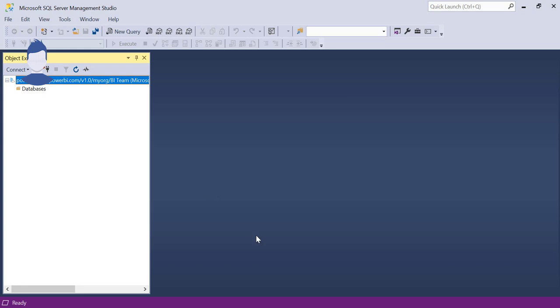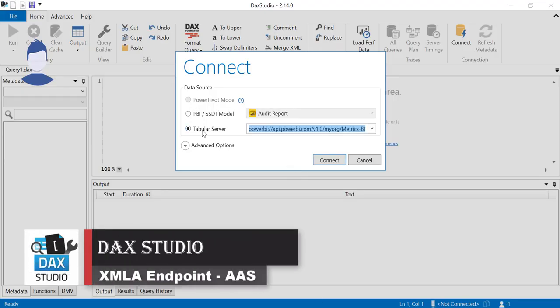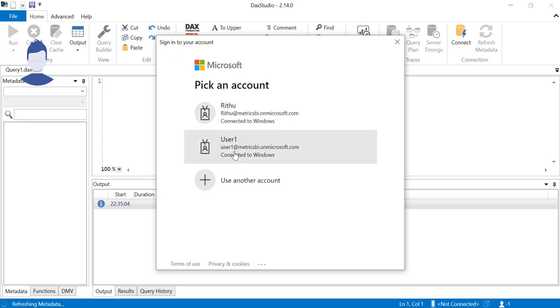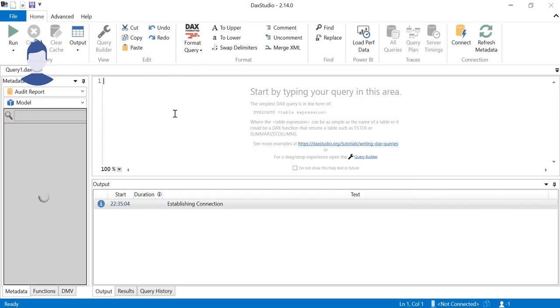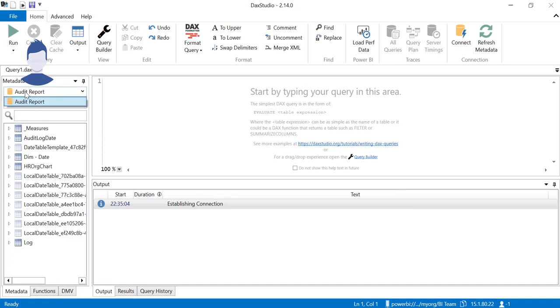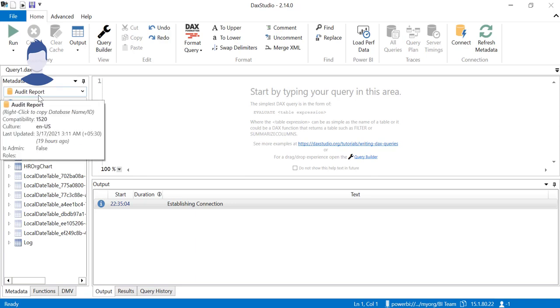So let's try to connect the same thing from DAX Studio. He is connecting to the tabular model with this workspace. Click connect, and he has to enter his credentials. Okay, after a while, here you can see he can access the tables in this audit report dataset.